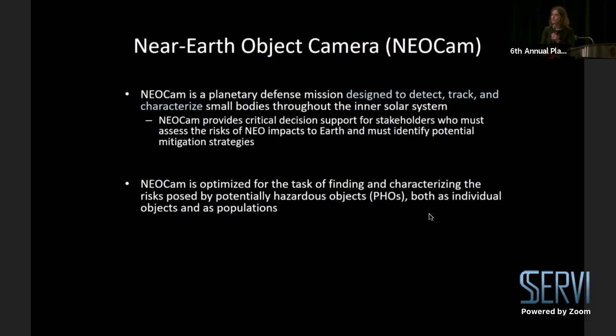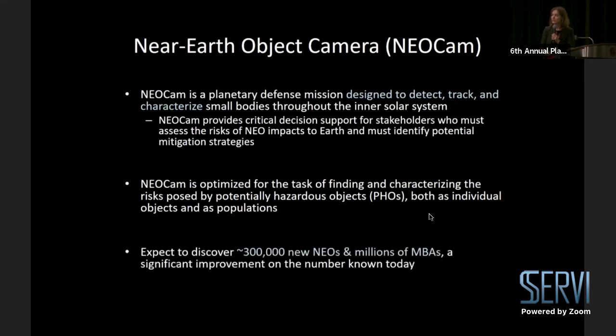The sole objective really is to try to inform everybody who cares about the population of potentially hazardous objects, both as individuals and as a whole population. We project that with a reasonable telescope design, we could discover a few 100,000 new NEOs and millions of main belt asteroids, and that would be a significant improvement, even as we know them today.